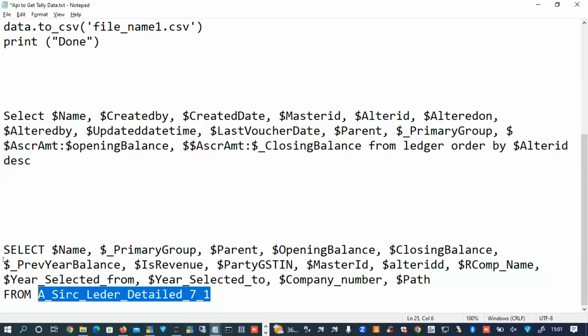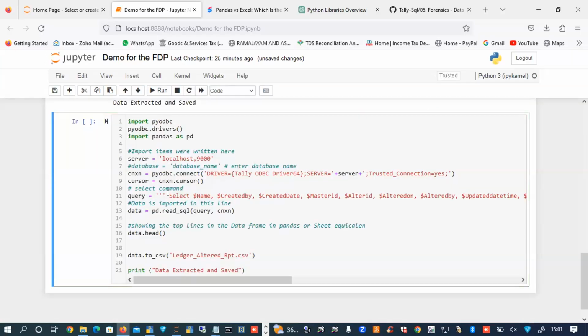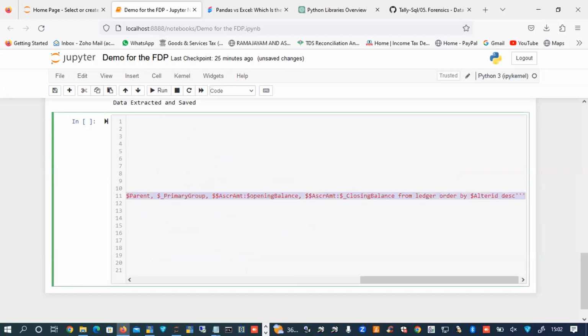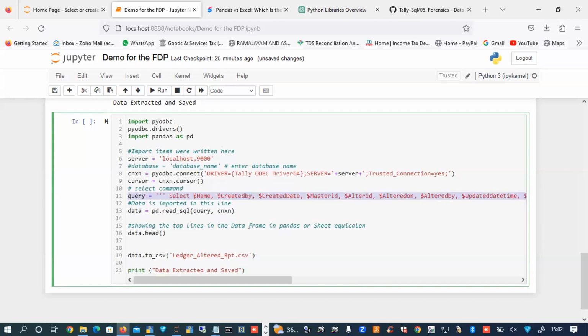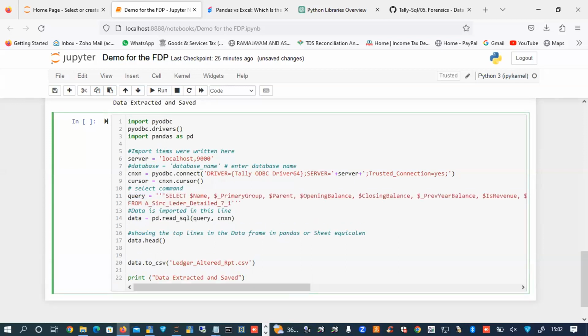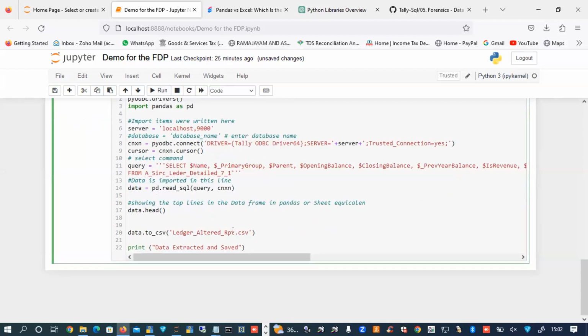The table name is SARC ledger detail. I'm going to copy this query, go to this particular part, replace the query, and run this now. Again, I'm going to say ledger master data.